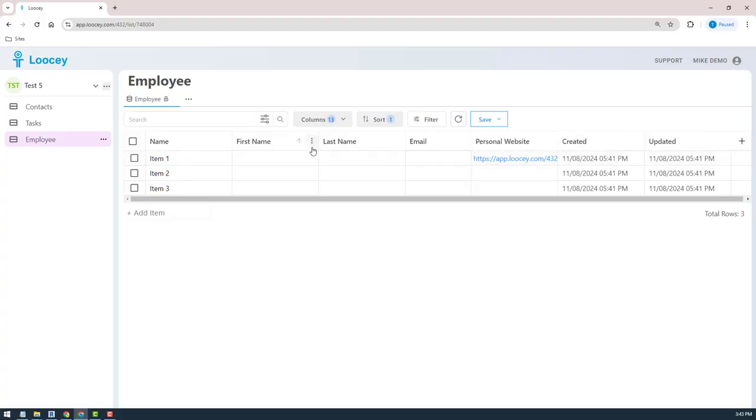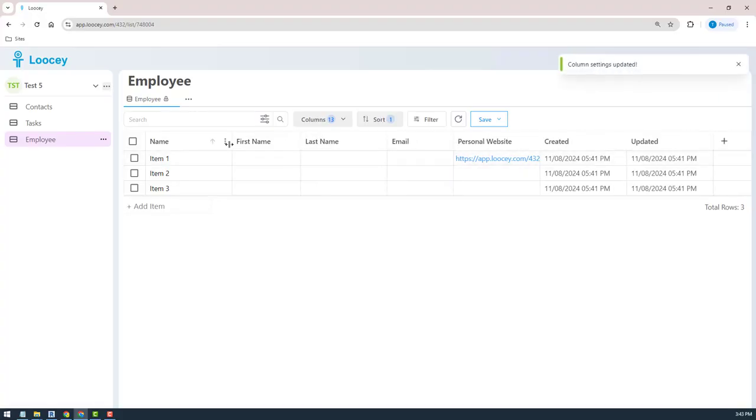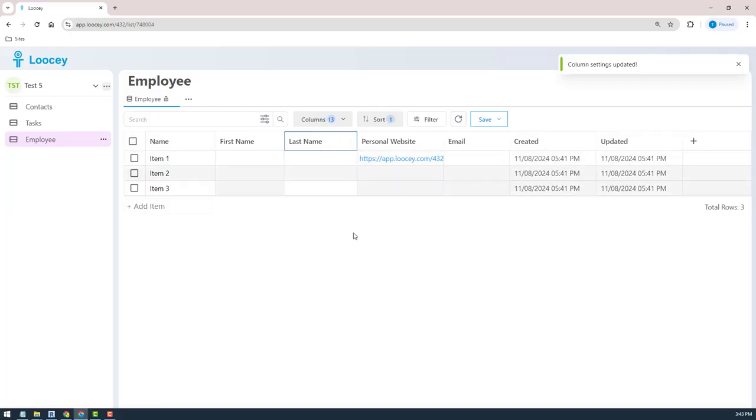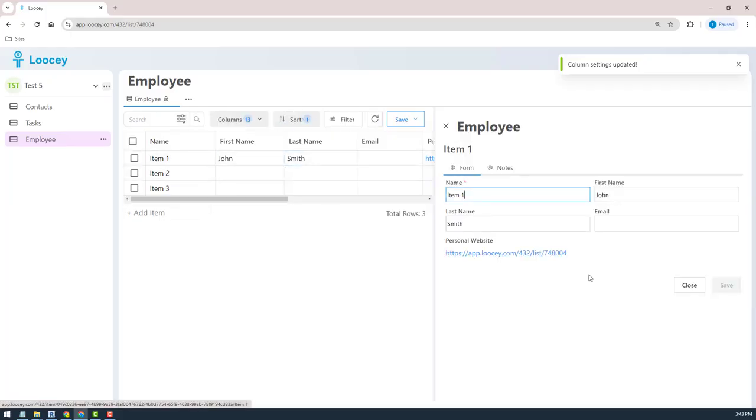By the way, this table is pretty flexible. You can switch around the columns, right? You can resize them and so on. It's gonna automatically save the data for you. And of course, you can start editing. It's autosave. You don't have to click on save unless you open on the side. So these are single cell saves. If you open on the side, you make a change here, you do have to click on